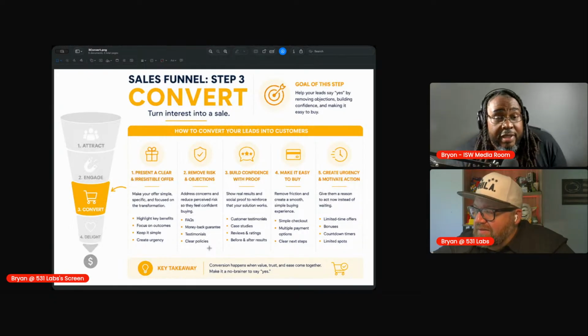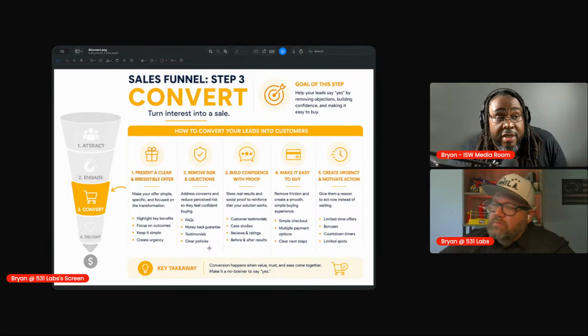And so it's highlighting the key benefits. You're focusing on outcomes. We want to keep it simple and you want to create urgency. Let them know that this deal has limited space, and say it. If you're only going to serve a limited number of people, say that you're going to serve a limited number of people, but create the urgency. And I know there's some of you out there that